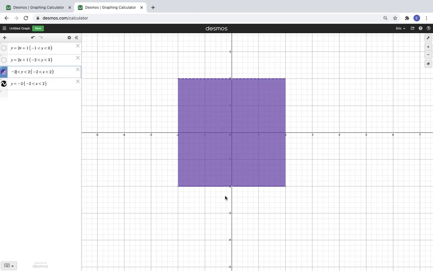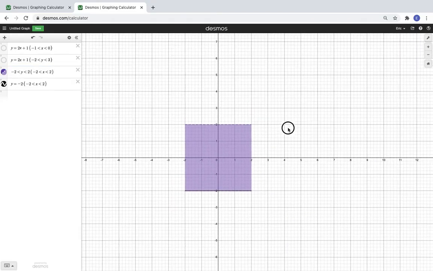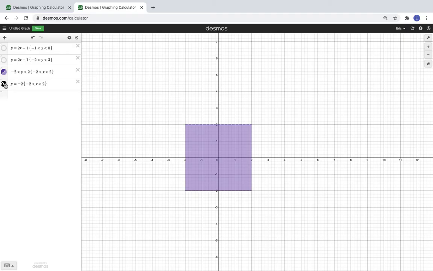So it means beyond -2 going down and beyond +2 going up is not included in the shaded region. As you can see, we already formed a square. Now, let's say we want to make a triangle, so let us close this one. Let us hide them. Let us simply type a line. Let's say y equals